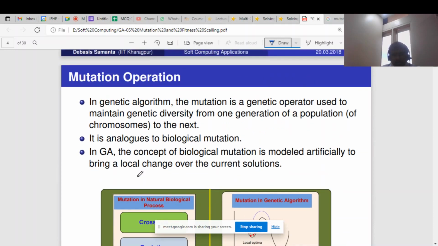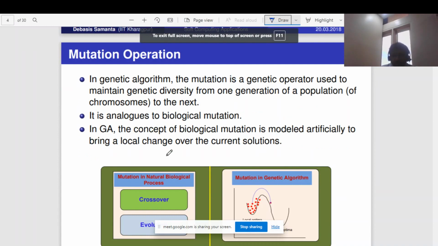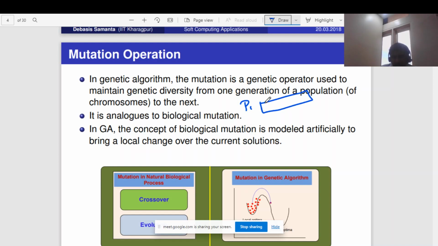So to start with, first of all, what is mutation? Let us try to understand what is mutation from a genetical point of view. From the point of view of a genetic algorithm, mutation means, say for example, there is a parent chromosome P1. It is something like this. This is the feature of the parent P1. It is these lines. And there is another parent P2. It is, say, something like this. It is, say, checked.